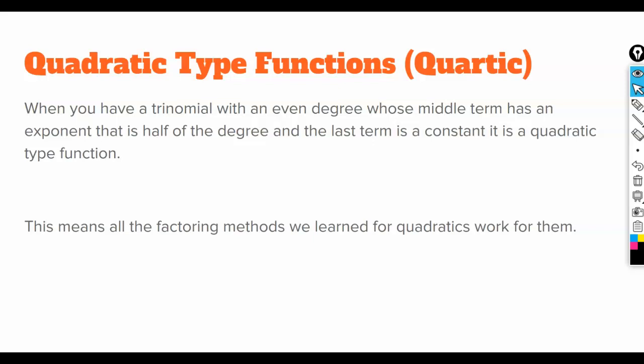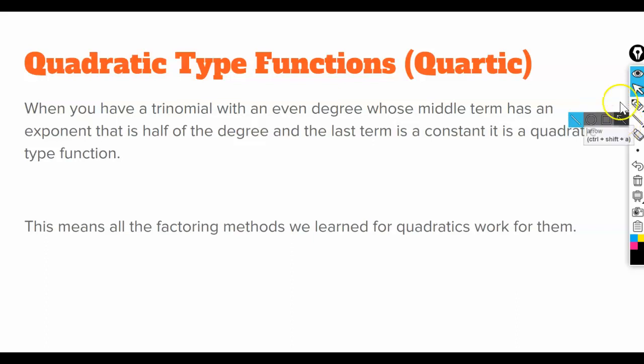So if it was squared, the middle term was x. If it was to the 4th power, the middle term had to be x squared. If it was to the 6th power, the middle term had to be x cubed. If it was to the 8th power, the middle term would have to be x to the 4th. But again, same goal. We have to get it in factored form so we can then solve whatever those linear